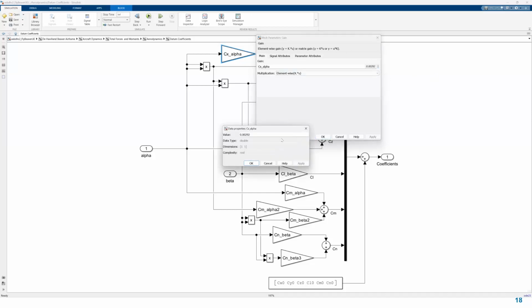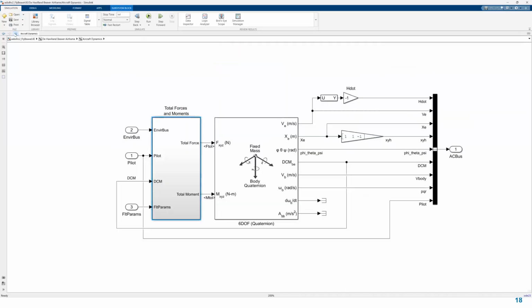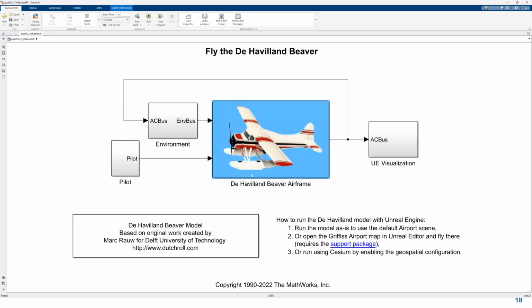So there are the details where you can change and make it customized. So that's how, using this Simulink, we can make the layers, subsystems. From components we can create subsystems, from subsystems we can create the systems. Coming back to our model here, if we saw, we do have an airframe which contains the dynamics, and we